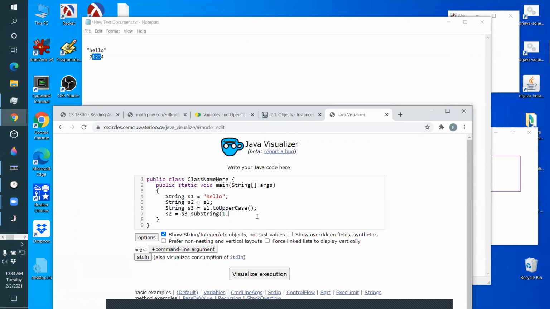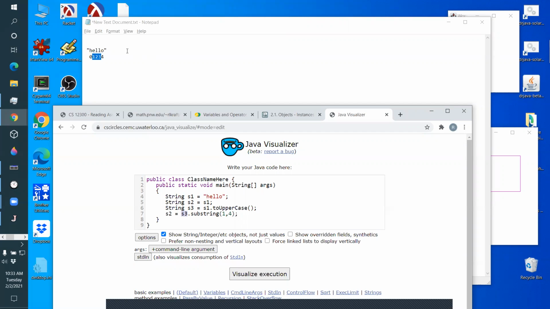Now, if I want to go up to index 3, the way this command works is I go up to 4. I say start here and give me all the letters up to but not including that one. So that's going to give me letters 1, 2, 3, which is the ELL. Okay. Now, all methods on a string return a copy of the string. They don't change. This S3 is not going to get changed. It'll still be,